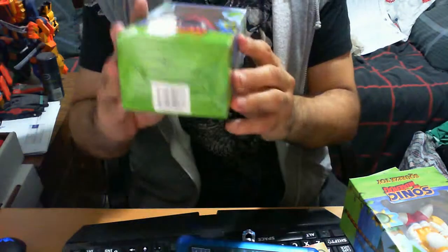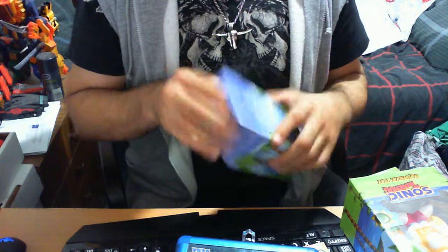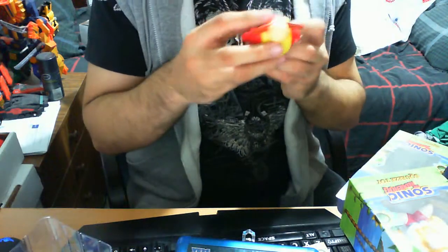And last but not least, we have obviously Dr. Eggman or Dr. Robotnik. So that's his back, that's his top, that's his bottom. Beautiful piece here. Let's open this puppy up and see what we have. This one would probably have to be my second most favorite. Actually, you know what? I'm going to say this is my most favorite from the